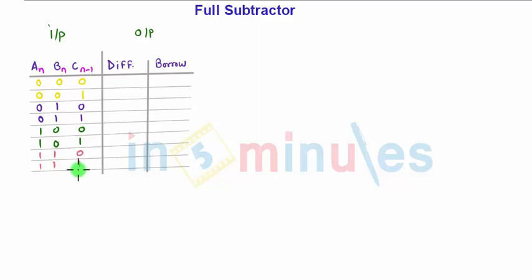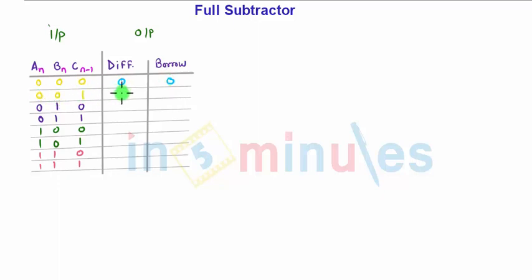So let us find out the difference. The borrow bit is also subtracted in the operation, so we will go left to right, An minus Bn minus Cn, and we'll write down the particular difference between the bits and borrow. Since we are not actually subtracting, we are writing the difference and the borrow. Let us start with the first combination 0 0 0. So the difference will be 0, borrow not generated. 0 minus 0 is 0.